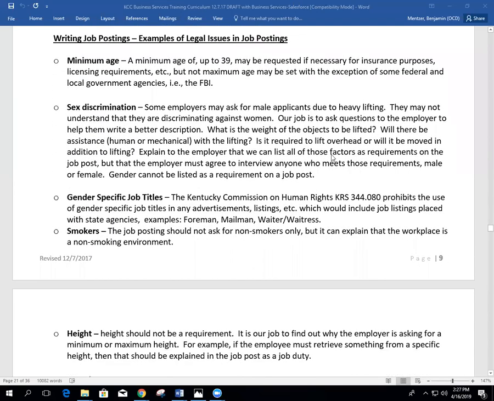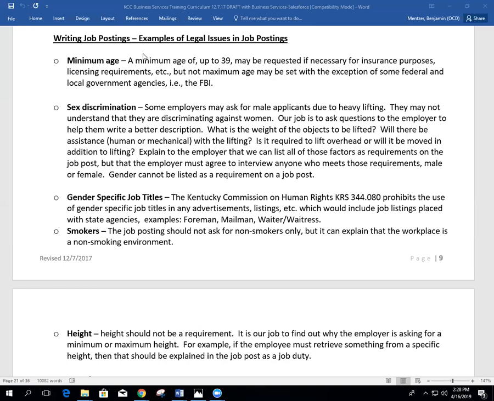Now here's some more specifics on some of the legal issues that could show up in a job posting. For example, minimum age. You can only do so if it's required for insurance purposes, licensing requirements, legal requirements of the job, basically.